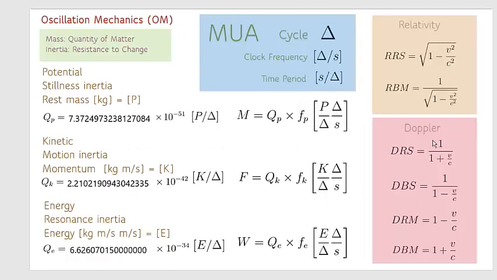And so this brings us full circle back to oscillation mechanics and modified unit analysis, where everything is converted to the frequency domain. Okay, all of the physics is done in the frequency domain, and there's an emphasis on cycles per second as opposed to radians per second. So I am working in the frequency domain exclusively, and so I think it's important to convert all of physics to the frequency domain. And so the Compton frequency